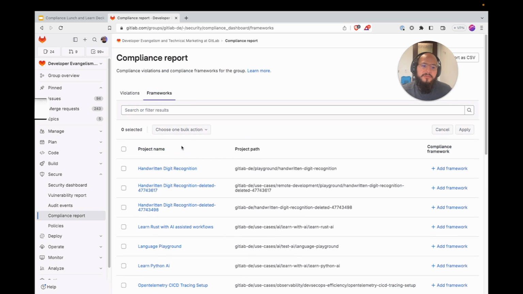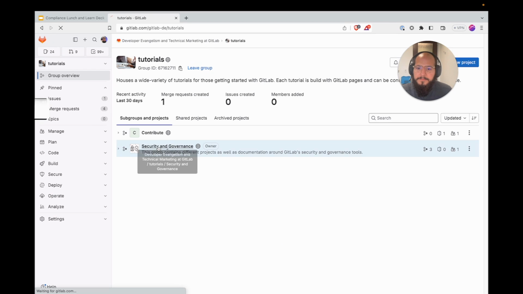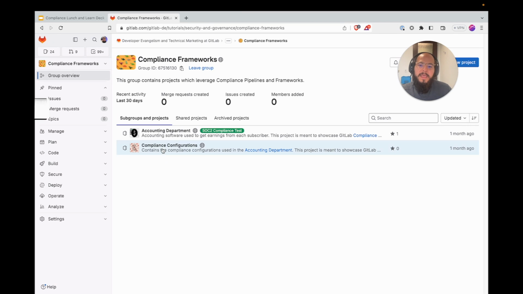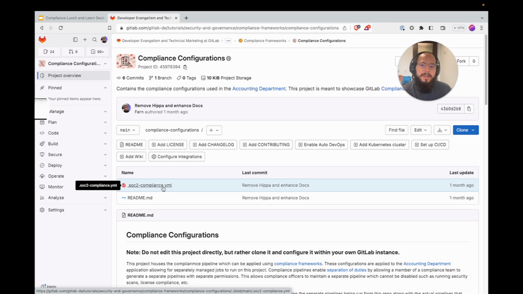What this does is it allows us to apply a compliance framework to a project. The way compliance frameworks work, if we look here, there's the compliance framework project. We define a project that contains a YAML file with a pipeline in it.